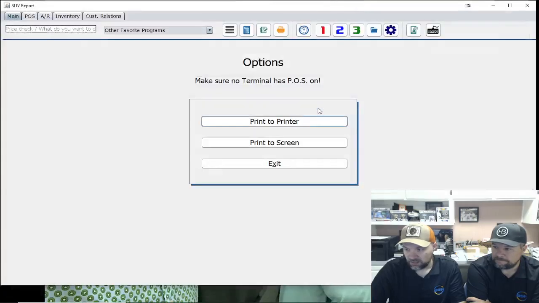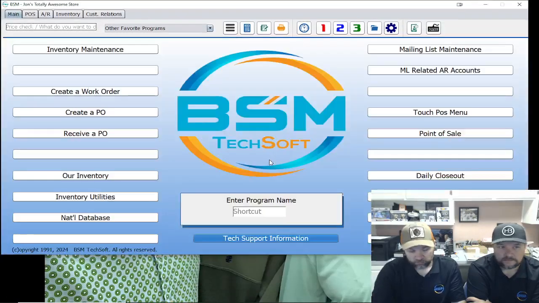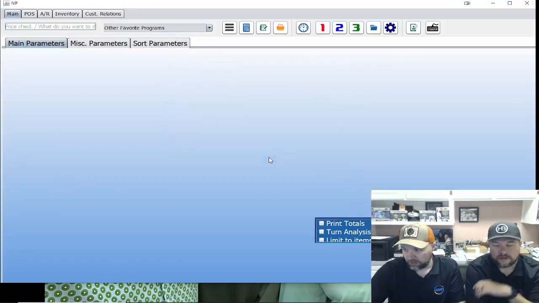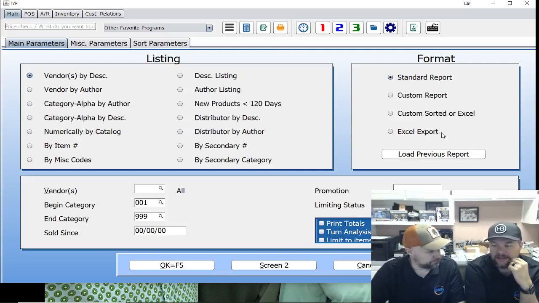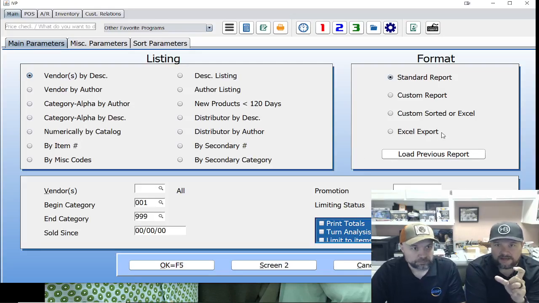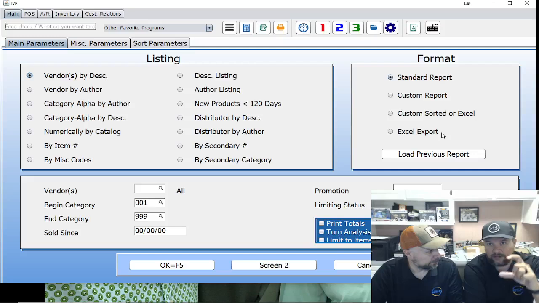So I'm going to choose save there. Just one more quick print. I'm going to go into my IVP. And one thing I want to highlight there is because it's sorting by the name, it's going to put them in the right order for you, because it's going to put SLIV, because the next thing, if you notice, is